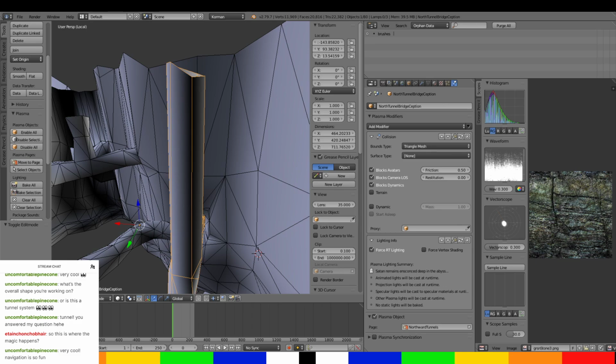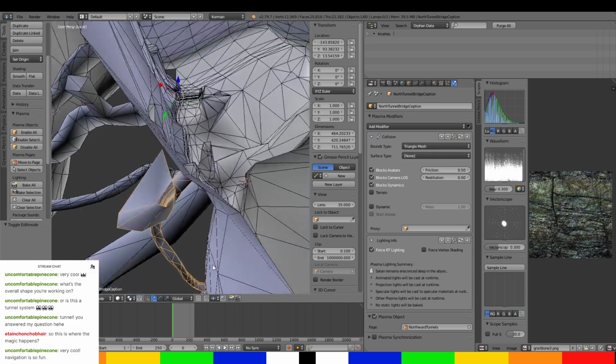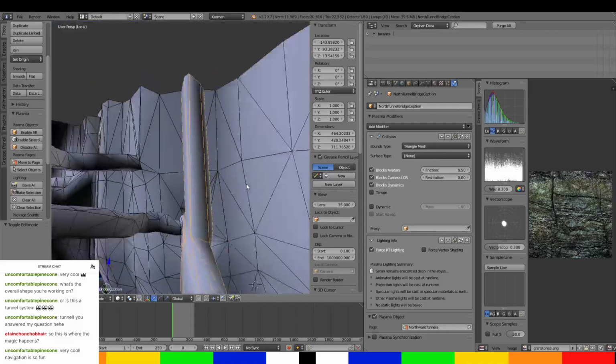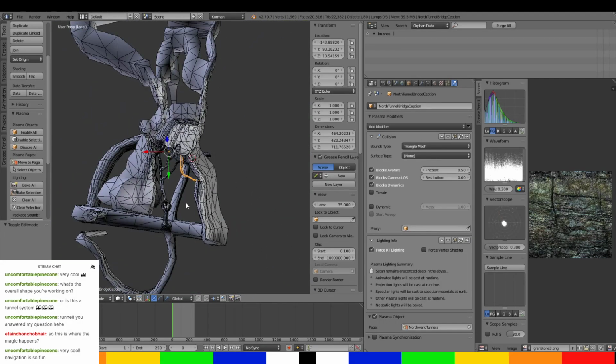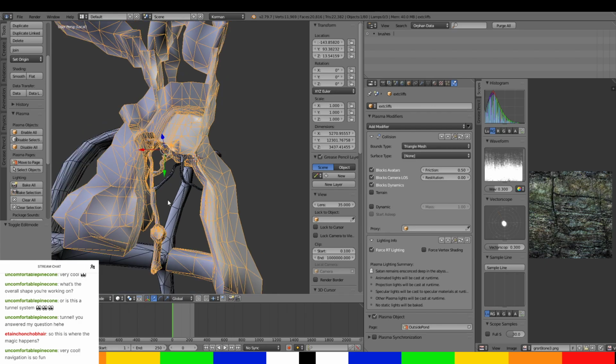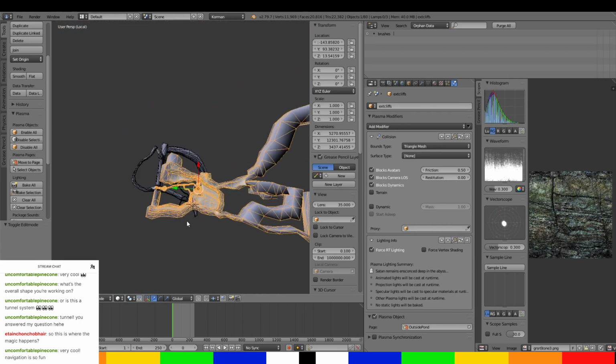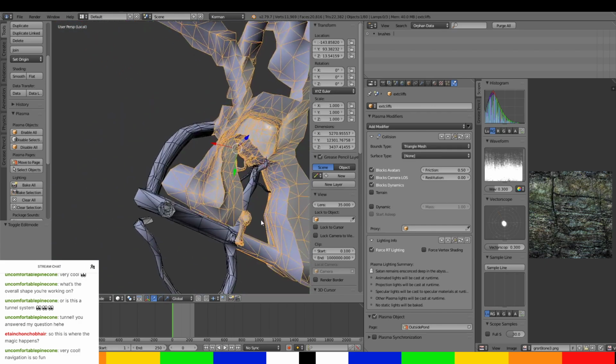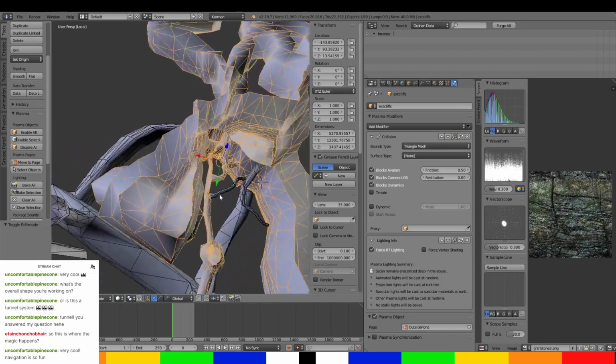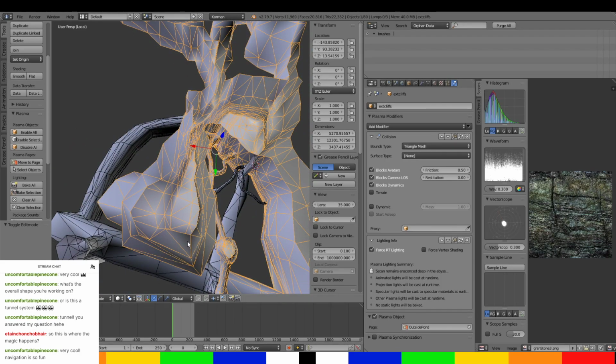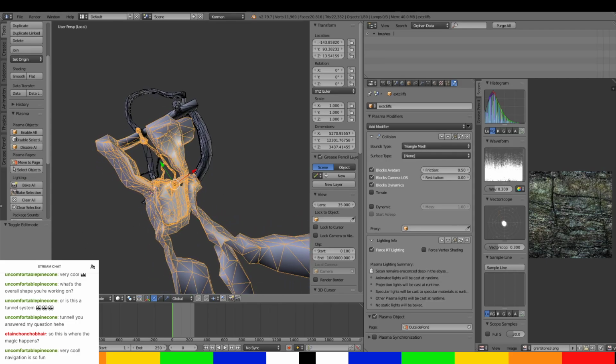Shora attain Shon Shobihair. Yes, this is where the magic happens, so to speak. Sorry if I mispronounced your name there. At the moment, what we are doing is taking this big giant mesh and breaking it up into smaller parts. So, for example here, I'm currently working on the north half of the age, basically this section right up here. You can see I've broken off quite a big chunk of it already. And I need to,